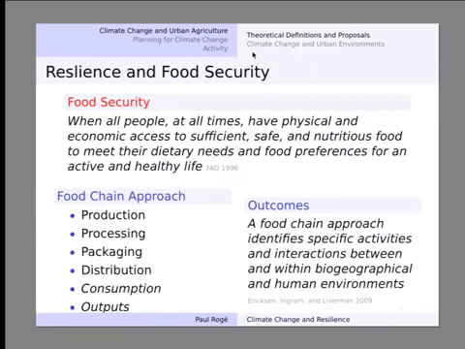One way to study the issue of food security is by looking at what's called the food chain. So if you break down the steps from producing food all the way to consuming it, and then even what happens after people consume the food, the waste products, the byproducts, all those things, that's considered a food chain approach to studying food security. And what we might achieve out of breaking down what's considered the farm to, what is it called? Table, what is it? Farm to fork.